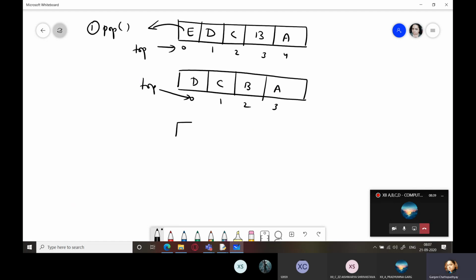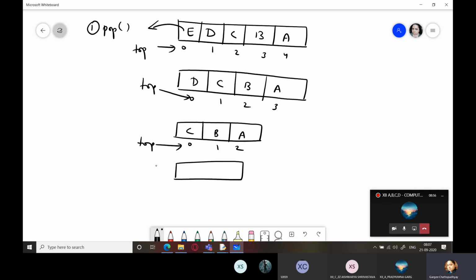Next time again you pop an element. This is how it is going to work. And again you pop an element, and again you pop an element, it will be A.